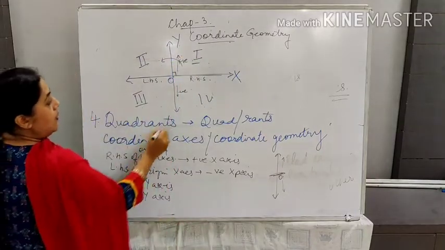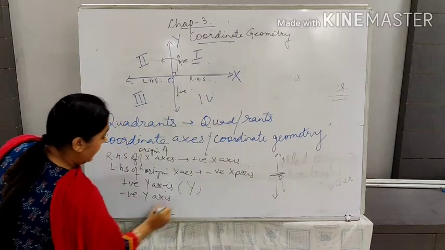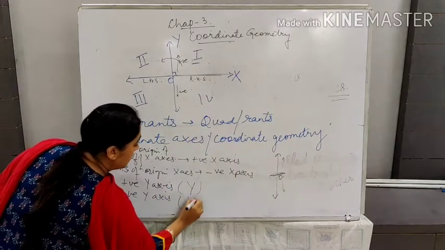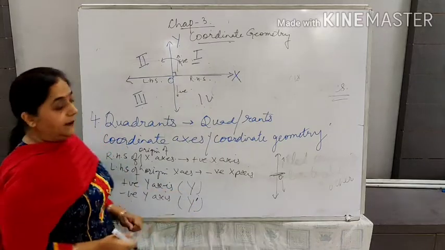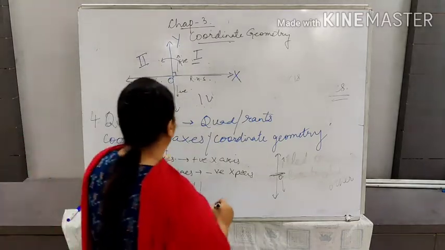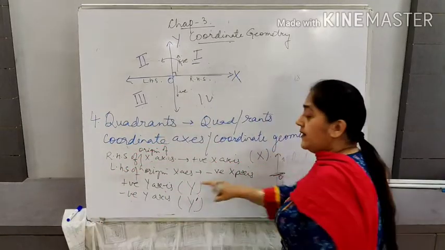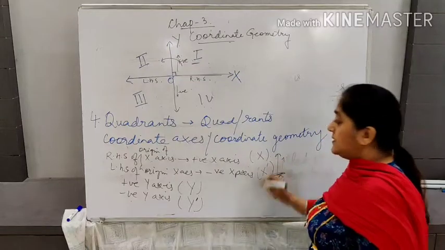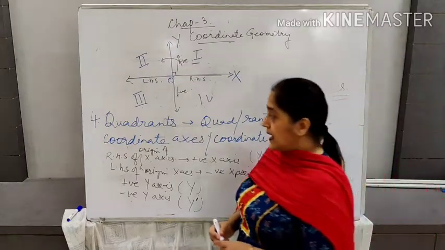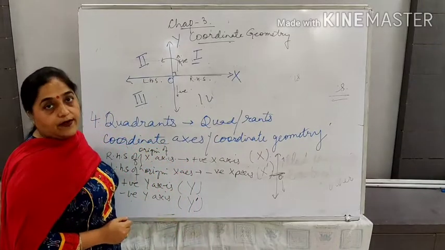Right? So we always speak of the positive y-axis as capital Y and the negative as Y dash. Always remember that we always use capital letters only. Similarly, when I am talking about the positive x-axis, I have capital X, and when I am talking about the negative x-axis, it is X dash. Clear? I hope this is clear to you. Positive x-axis and negative x-axis.